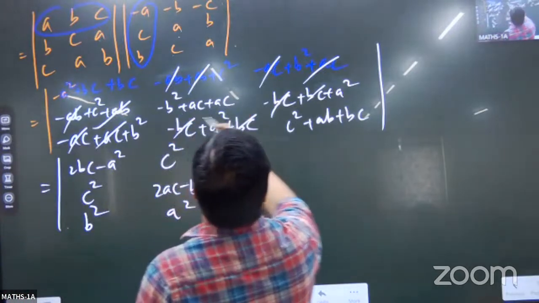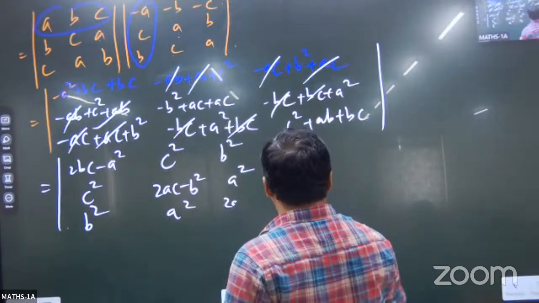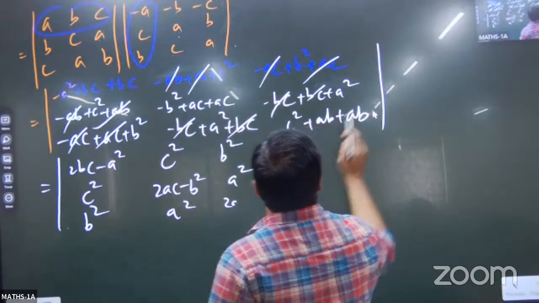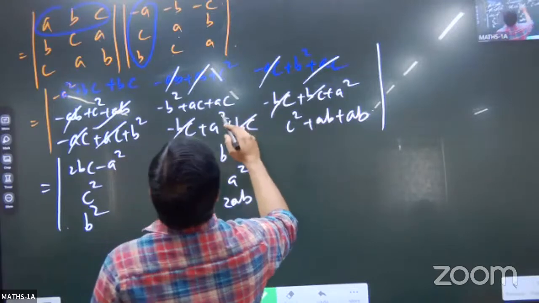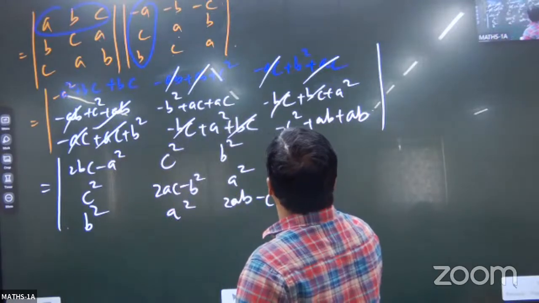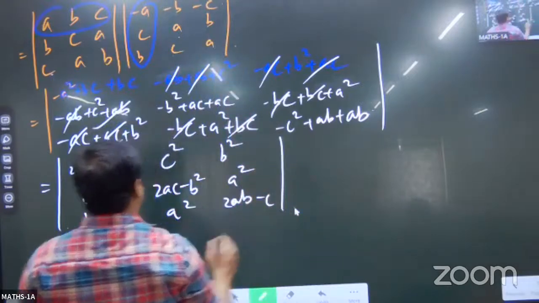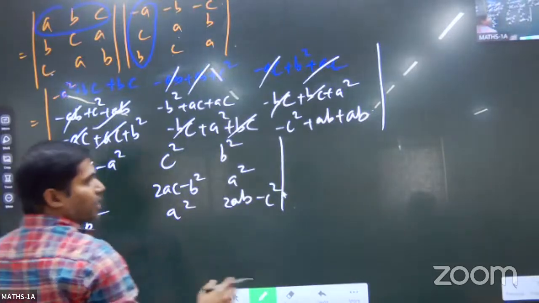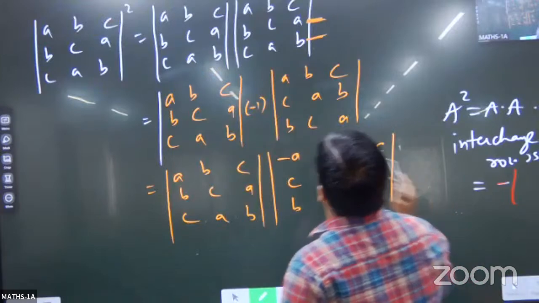Yeah, it is minus C square plus AB only here. Okay. Plus AB only, right? So it is nothing but 2AB, right? 2AB, it is minus C square here, C into minus C, minus C square, right? So C square, which is nothing but, according to your question, what I said here,